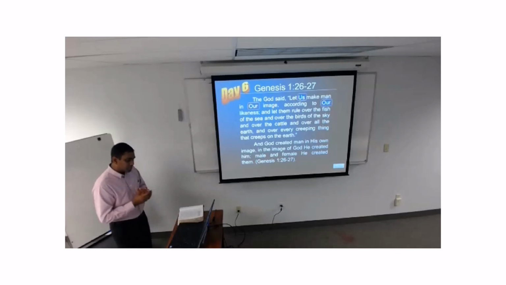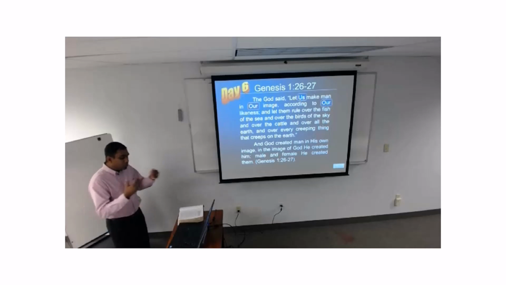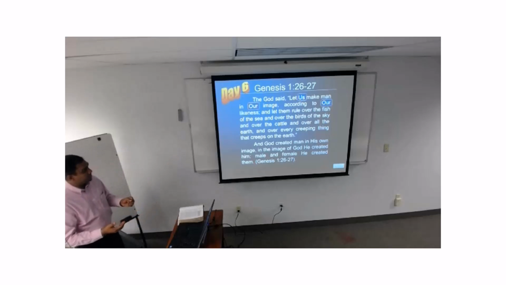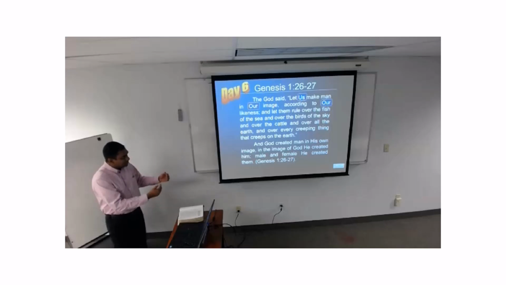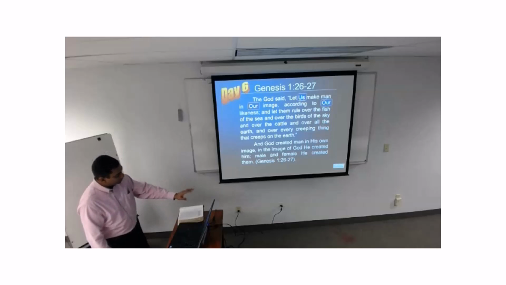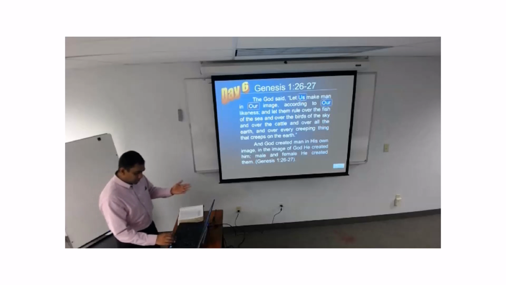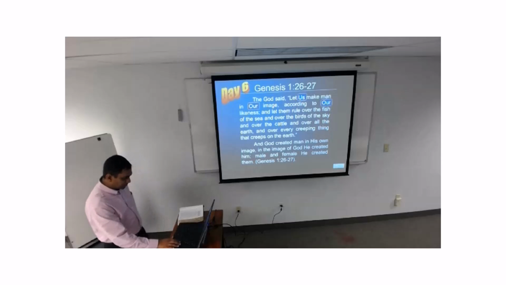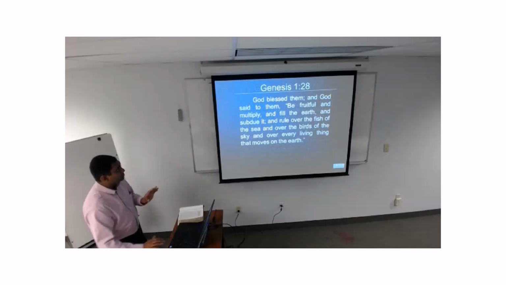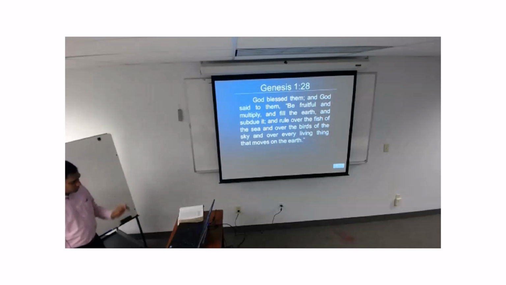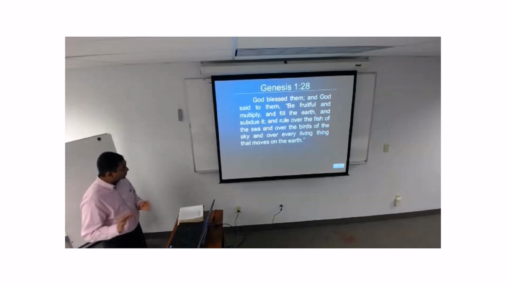Now, one of the attributes of God that we want to talk about here is that God owns the world that he has made, and he has dominion over it. And because man is created in his image, he now has the right or the rule over this land. And God has made man with that purpose, that he would indeed have dominion over the rest of creation. We're going to see a little bit more about this, but since we have the verse here, we look at it in detail. And if you have questions, please bring them up, because we're going to keep moving at greater speed as we go through the class today.